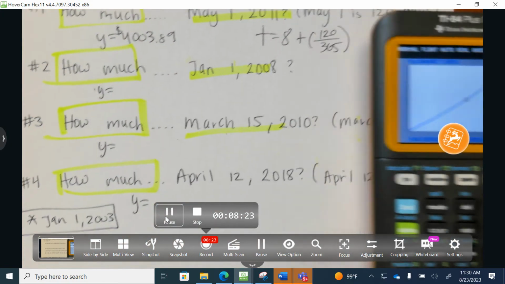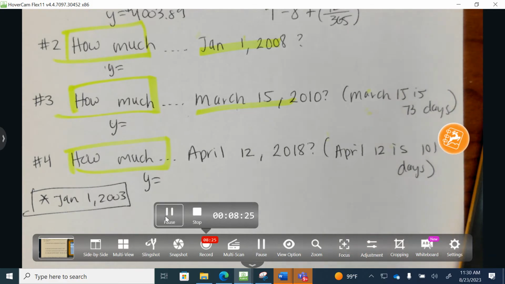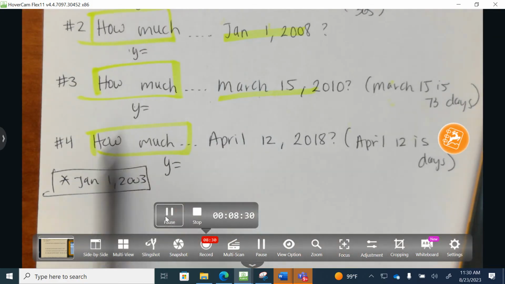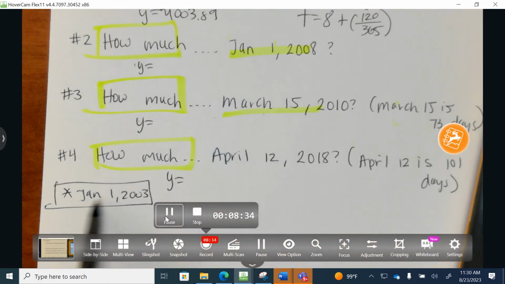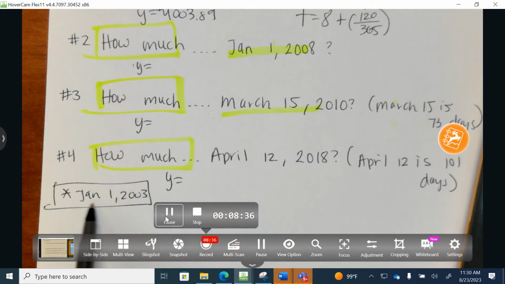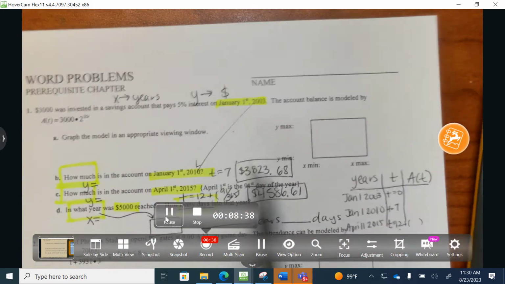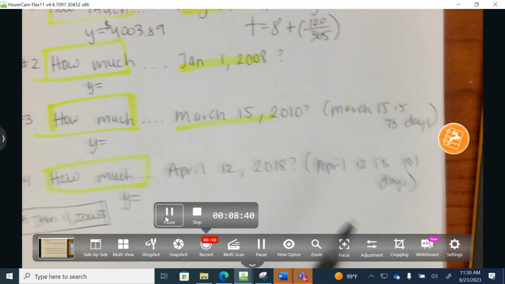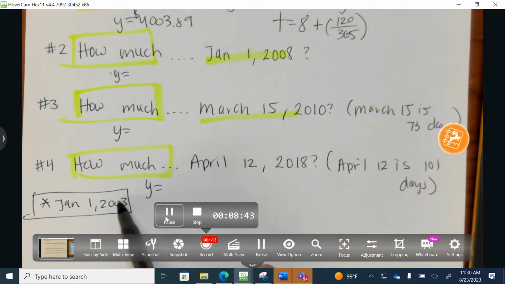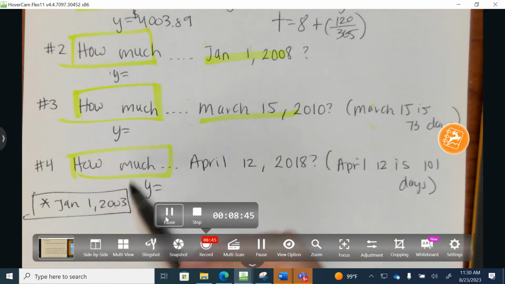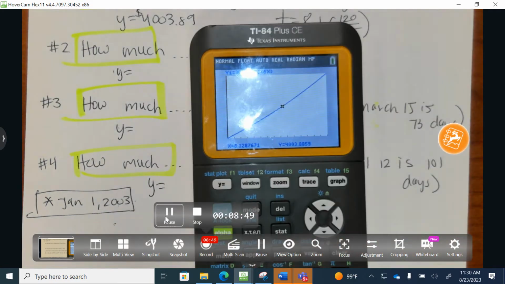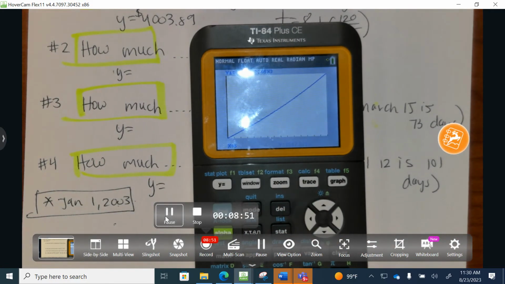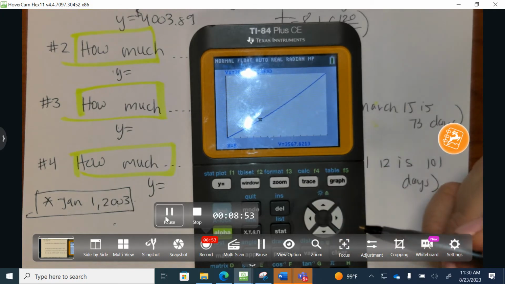Why I think number 2 of these practice problems is easier than number 1, 3, or 4 is that as long as it lands on January 1st, I don't have to worry about this extra. As long as it lands on the same day of the year as our original date given to us up here, I don't have to add the additional time. So I'm just asking myself, what's the difference from 2008 to 2003? That's a difference of 5. So I grab a graphing calculator, second trace value, I type in 5, I round it to the nearest cent, I get